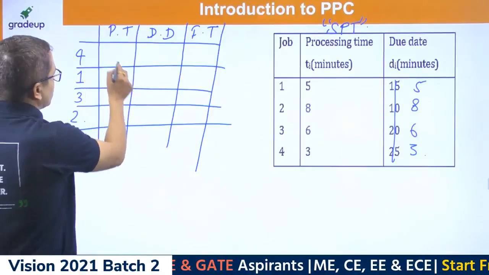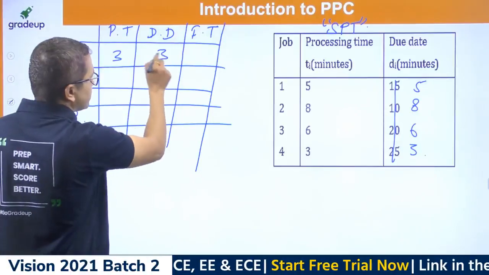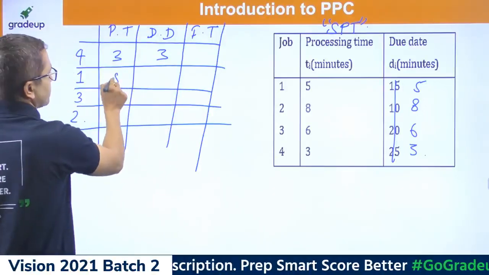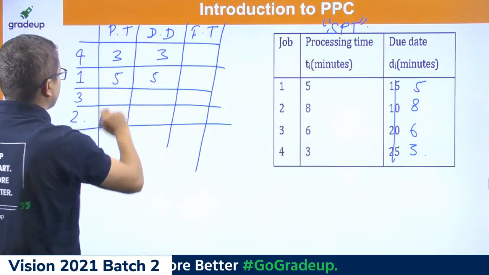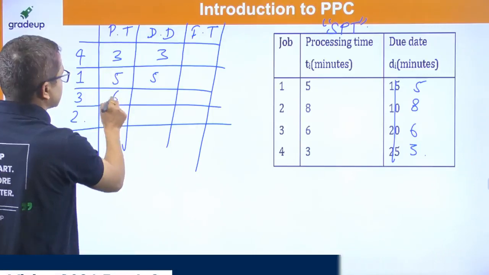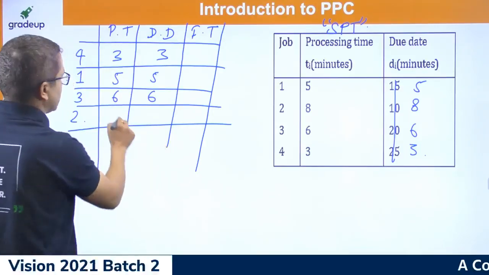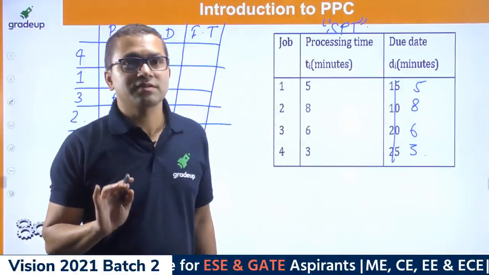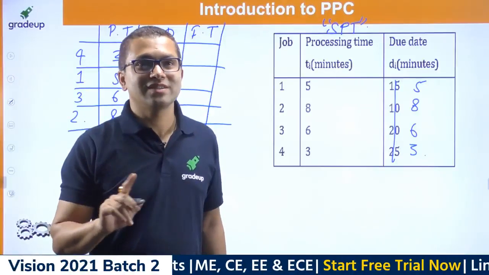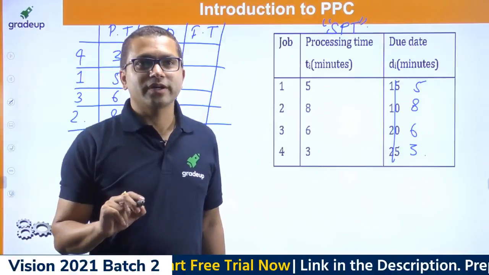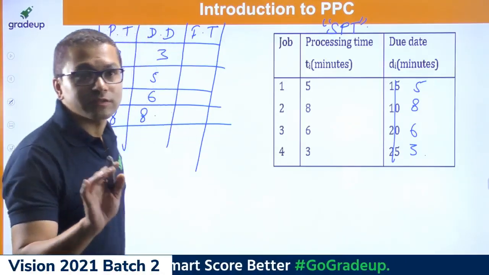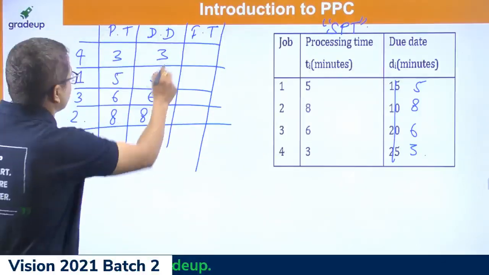So first comes 4, so I'm going to write 3 and 3 over here. And then next comes 1, so it's going to be 5 and 5. Third one is 6 and 6. Second one is 8 and 8. Is that good? Krishna Ram says that 3 upon 4. Nilesh says that 1 job. Okay, good. So you guys are getting this. Earliness equals 0. That's what he says. All right, so flow time quickly.